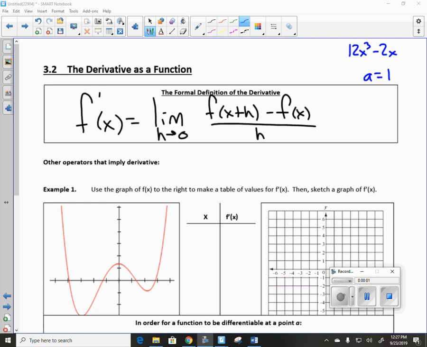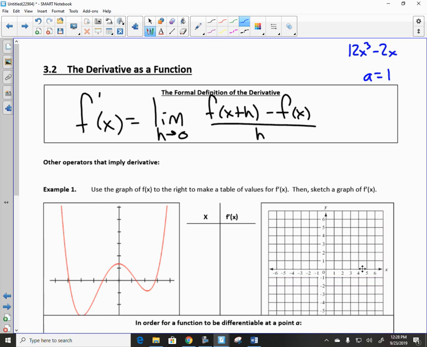Today we pick up with the formal definition of the derivative. The formal definition is f prime of x equals the limit as h goes to 0 of f of x plus h minus f of x, all over h. What do you notice is different than what we just did on the board? There's no a. So what this means is instead of at a single point, you can look at it as